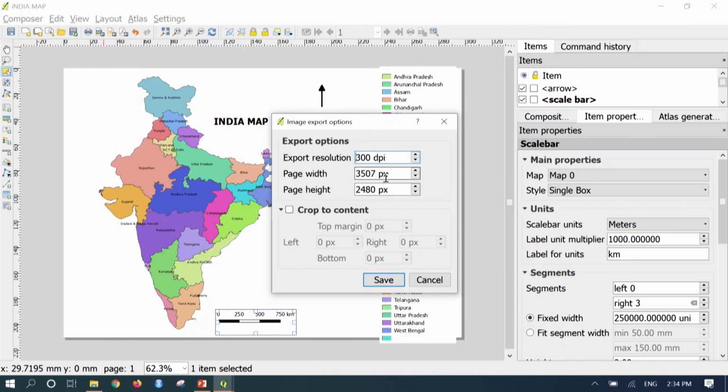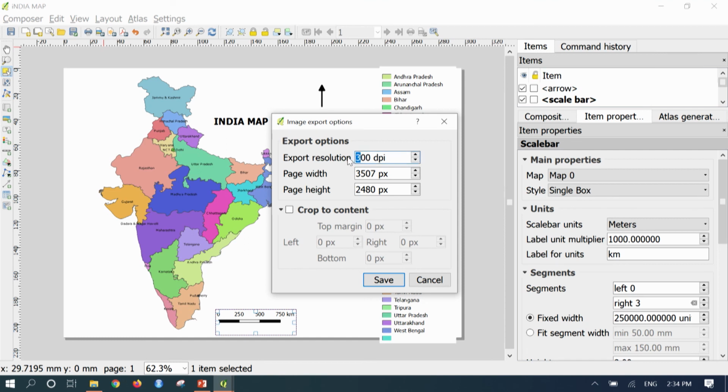This is an important thing. Suppose you want to publish a paper or use this particular image in some applications further, those applications will specify the minimum DPI requirement. Based on that, the page width and height also can be adjusted. While exporting, it gives the option to mention the DPI.